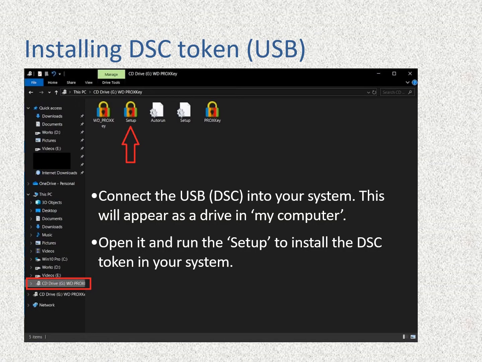So now let us see how the registration process can be done. First of all, connect the USB containing the digital signature certificate into your system. This will appear as a drive in the folder My Computer. Open it and run the setup, that is, click on the button setup to install the digital signature certificate token